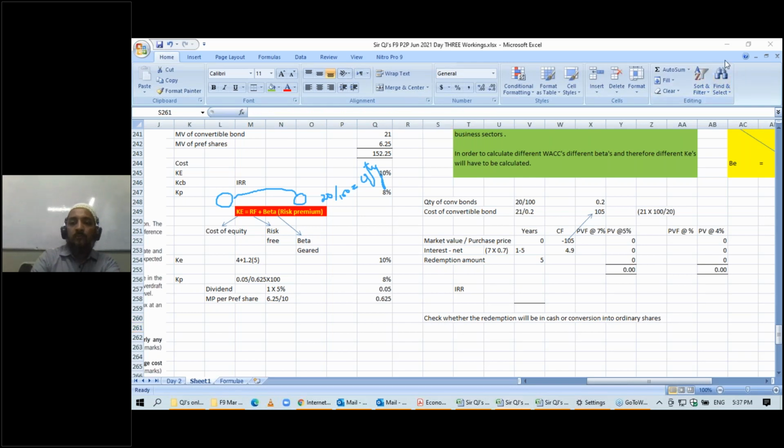So in order to check this, cash redemption